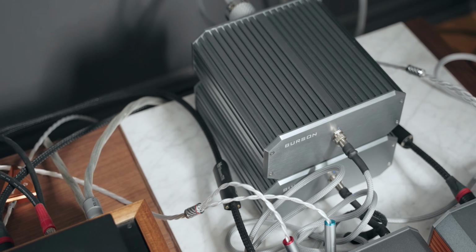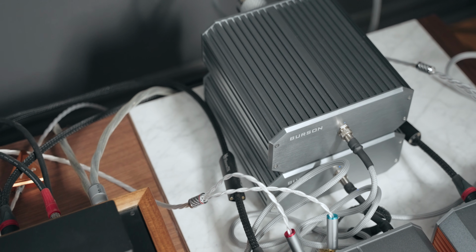And so I'm definitely considering this unit as my reference going in the future. And I think you'll find out very soon what I decide about the Burson, whether it'll be a reference or not. But right now I'm like 90% convinced that it will be my new reference, one of my new references alongside the AGD. The only thing that I don't quite like about it right off the bat is the